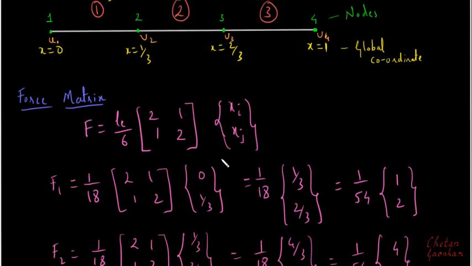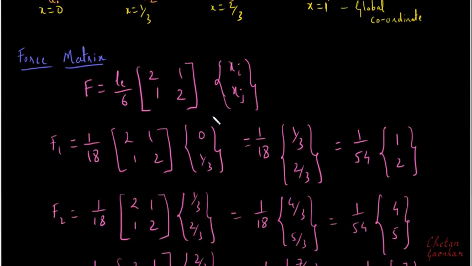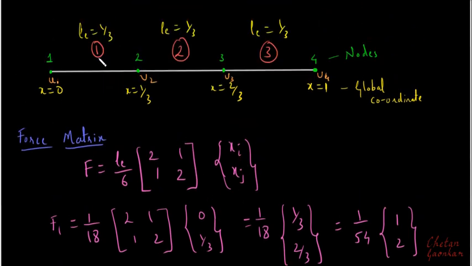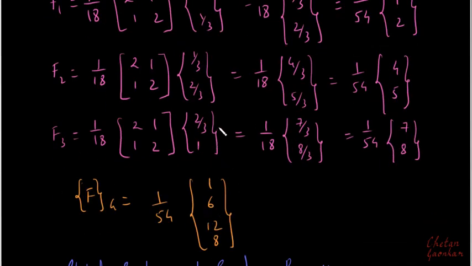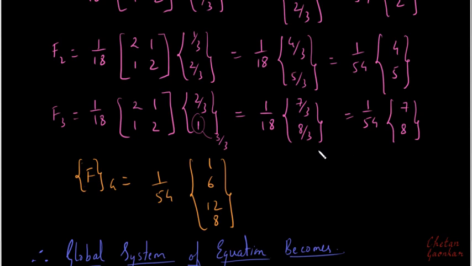Now here again, the way we had seen last time, the steps will be exactly same. In place of Le, we will substitute 1 by 3, and then the only thing we need to take care of in case of the force matrix is these global coordinates xi and xj. For the first term, xi is 0, xj is 1 by 3. For the second term xi is 1 by 3, whereas xj is 2 by 3. For the third term xi is 2 by 3 and xj will be 1, which I can also write as 3 by 3. And then if I evaluate this, I will get this as f1, f2, f3. And then finally I can combine it to obtain the global force matrix the way we had seen last time.